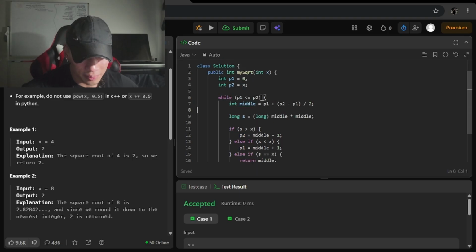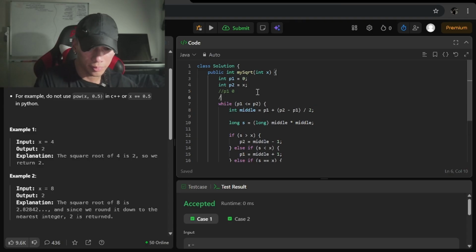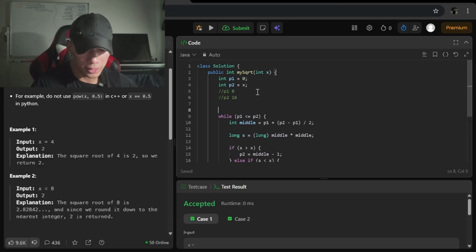Yeah, so you have X, for example, as 16. So we'd have P1 at 0, P2 at 16. Basically, we have middle somewhere, what's the middle? 8.